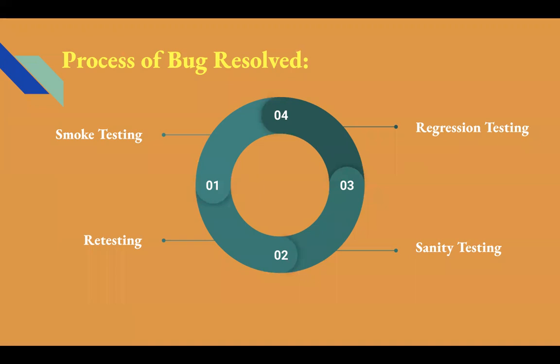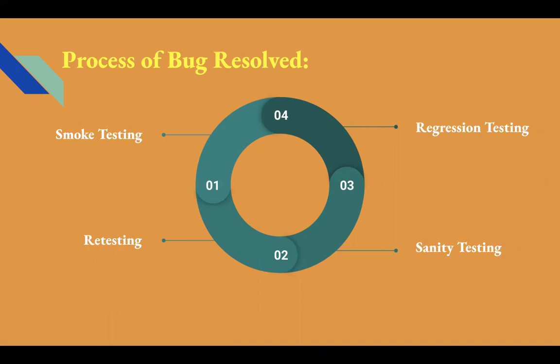No two users can have the same username, but this is not working as expected. Multiple users are allowed to enter the same username. So the tester reported a bug for this. Now the developer resolved this and assigned the build to testers for testing. The tester first performs smoke testing and will perform one positive scenario of registering a user to check whether the account creation functionality is working fine or not. If this is working fine, then the tester will perform retesting, in which the tester will try to enter the same username for multiple users to check whether the bug is resolved or not.